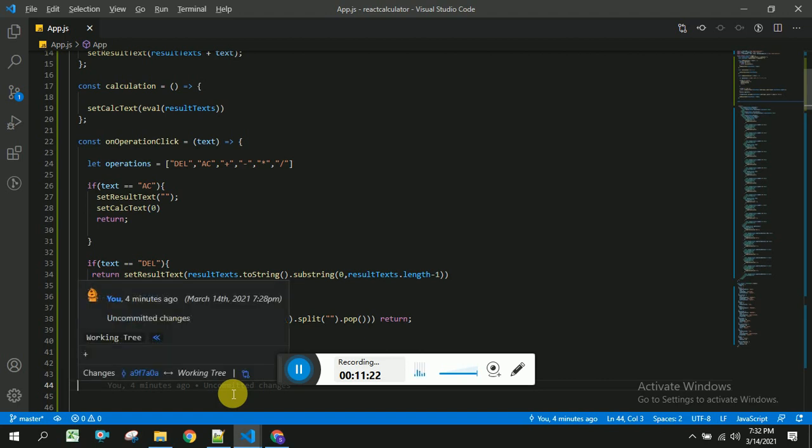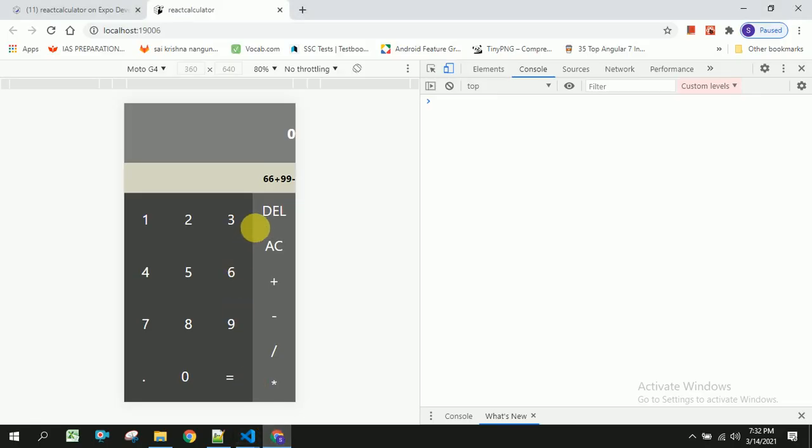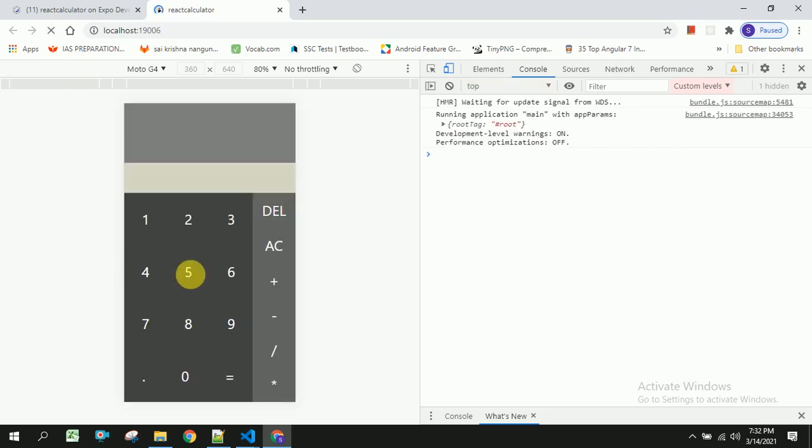By using this statement, we can avoid multiple operations. Once the user comes here and clicks on any of these digits, he will be able to click on these operations only once.